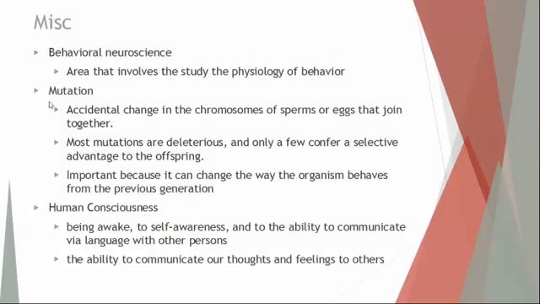This is important because it can change how an organism behaves from the previous generation. Some mutations that only involve one base in DNA can lead to a chronic lifelong disease that has to be managed for that person's entire life, such as sickle cell anemia. That's a disease caused by one base in DNA being changed when it shouldn't be. Some mutations go down to the atomic level, where changing 3 or 4 atoms in a particular base can lead to a terminal disease like Tay-Sachs disease, where that person would be lucky to live past the age of 15 or 16. So some mutations cause no damage at all, but some can be incredibly serious.